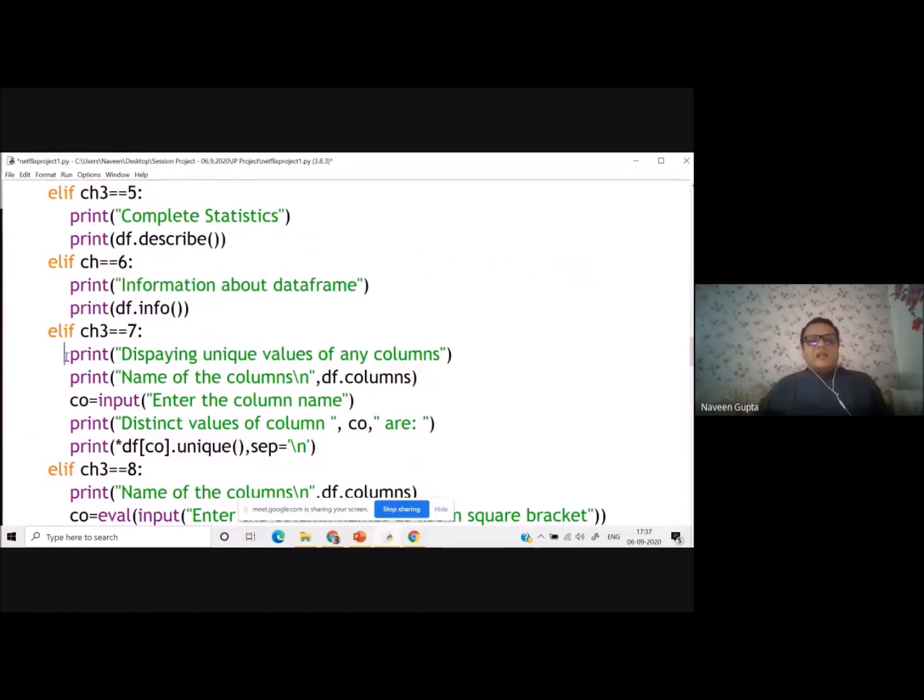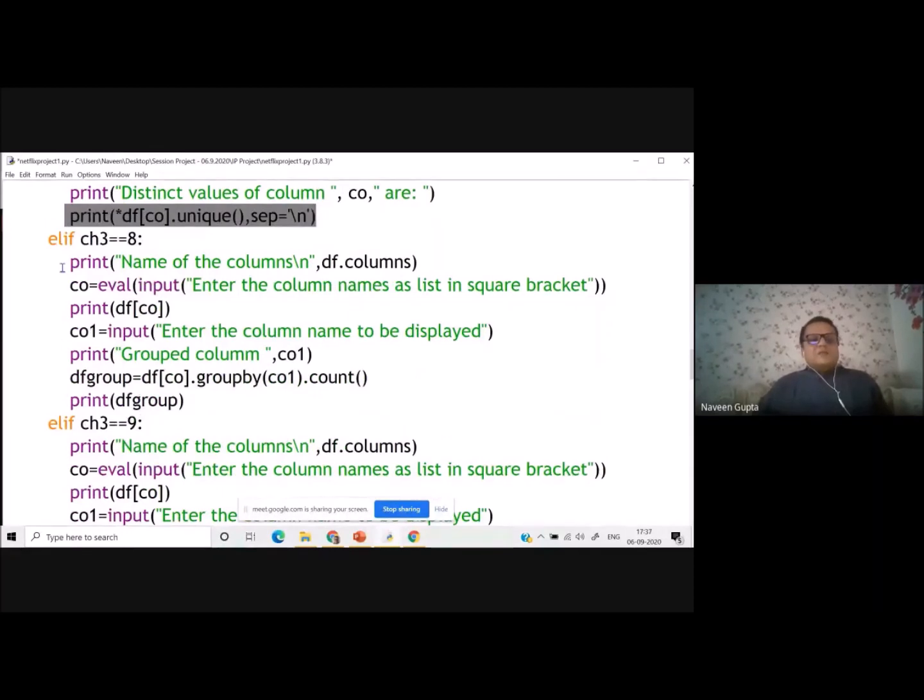Now, displaying multiple columns or unique values. Here I have written df.unique. If I want to know some unique values, for example, I was going through a data set where the number of states was given, I can ask for the unique values. This is not a part of the syllabus. This is an additional thing which I have written here, to display the unique values.